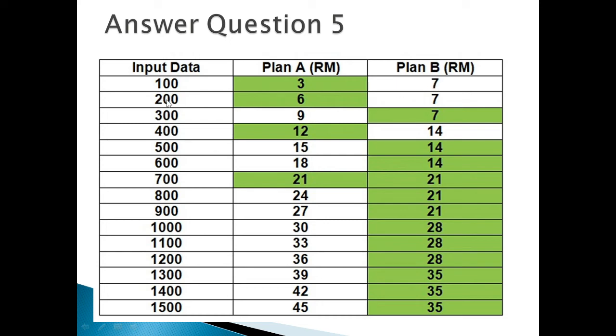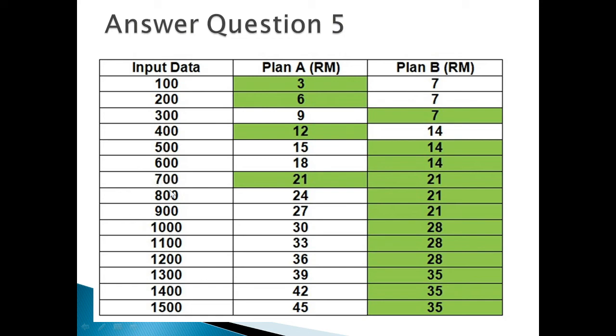If you want to use 200, he cannot buy 200 in plan B, he needs to buy 300. That is the minimum, and that is the calculation of plan B. You calculate 300, 300, 300. But for plan A, no problem, you calculate 100, 100, 100. When will they be equal?